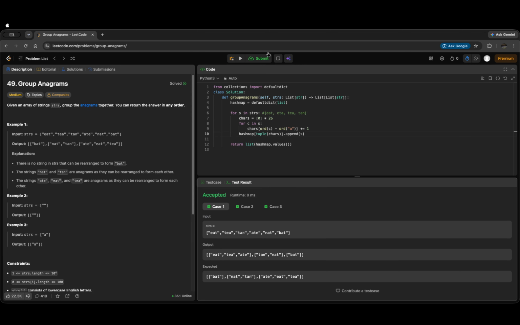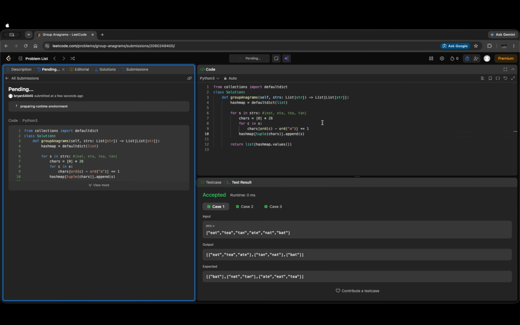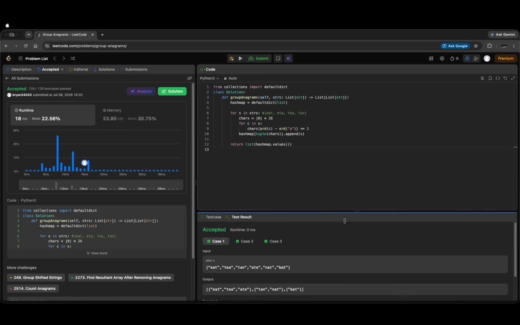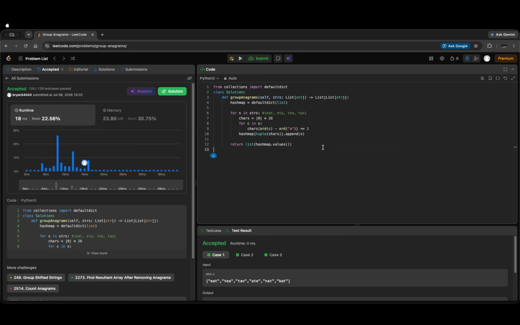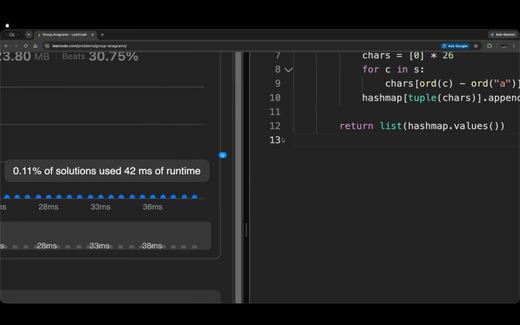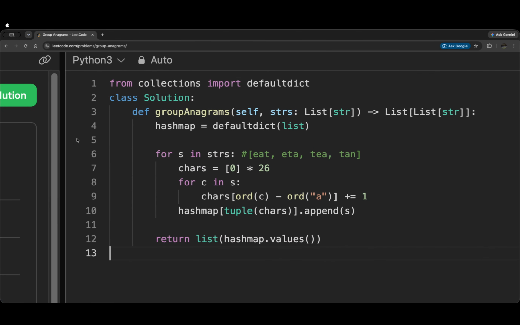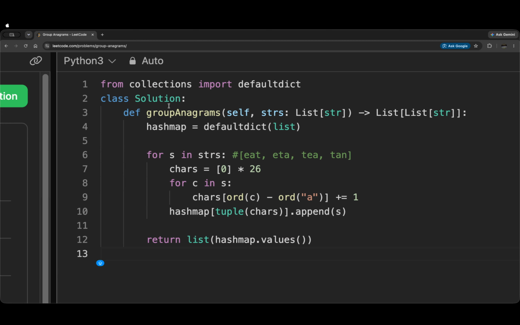Test result is fine, and we should submit it. Okay, and we'll get our accepted result. And let's do a little time complexity and space complexity analysis. So let's take a look at our code right here. So basically the time complexity, let me see, in this loop,